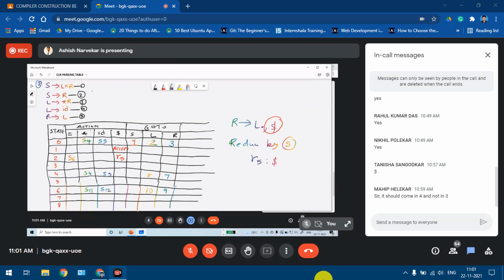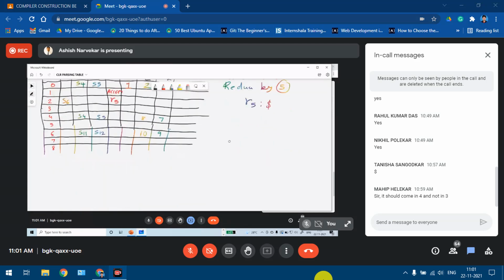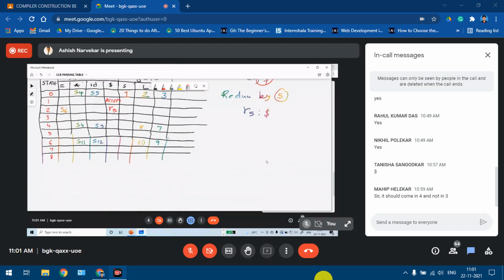When we go to state 7, we see there is a final item, we cannot make any entry. State 8, we cannot make any entry right now. We'll keep it on hold. State 9 also, we cannot make entry. 10 also, same thing. We have to go directly to state number 11. So let's see how it goes for state 11. I think state 11 we can make the shift entries.